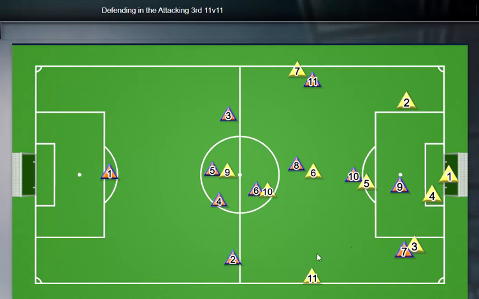So whether we're matched up against a back 3 or a back 4, the idea is still the same. We want to trap them in the wide areas and cut off all the passing options that they have. Now you might have some teams that are very good at the long ball. We might face some teams that are very good in the build-up, and if we allow them